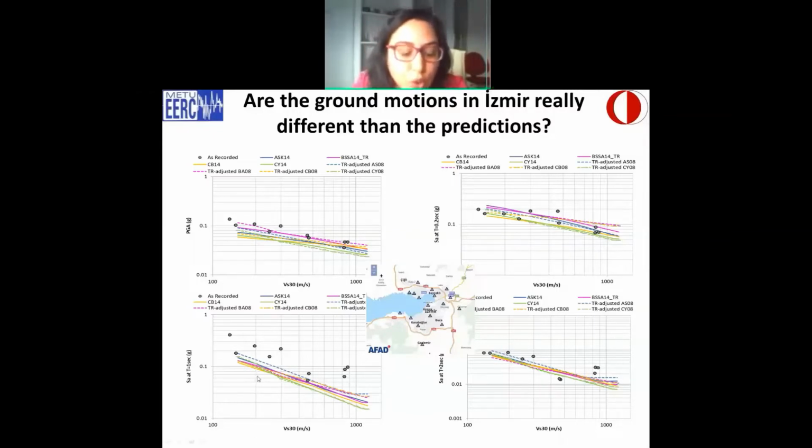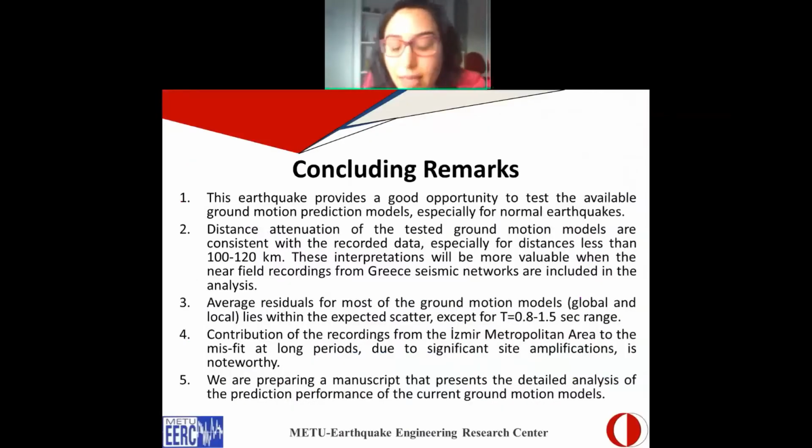So this is something that is special to 0.8 up to 1.5 second spectral accelerations. Here are my concluding remarks. I hope I'm not taking too much time. This earthquake provides a good opportunity to test the available ground motion